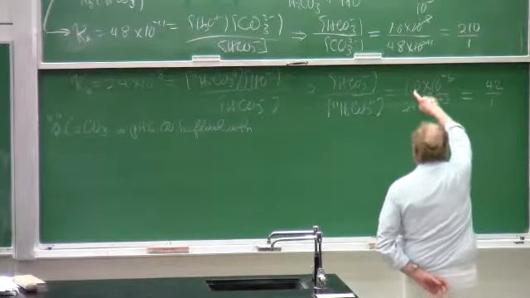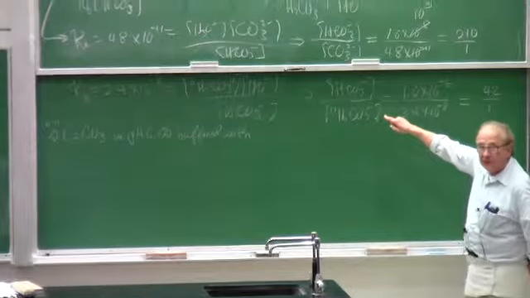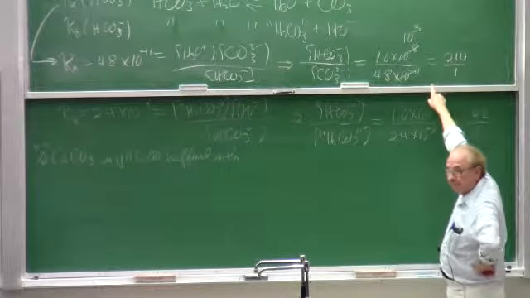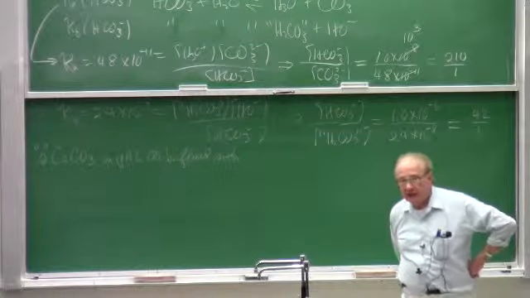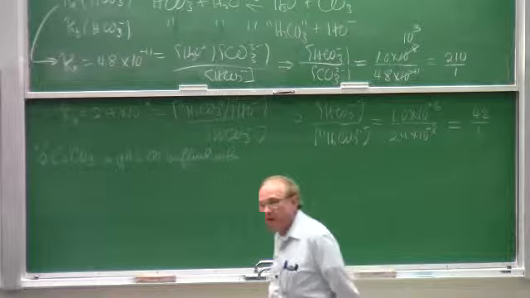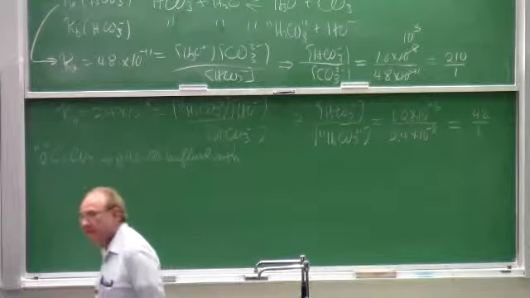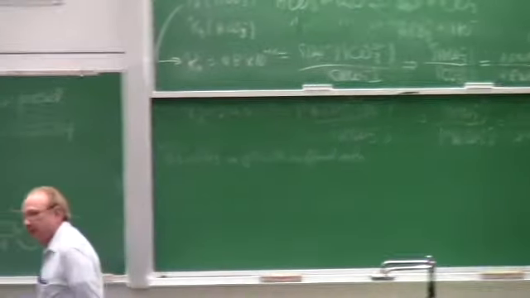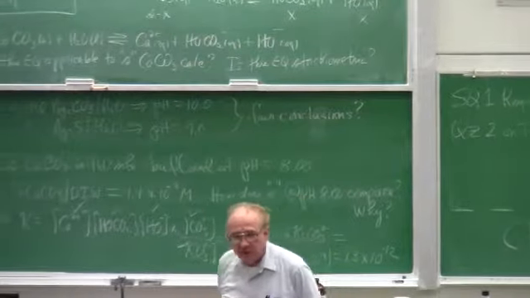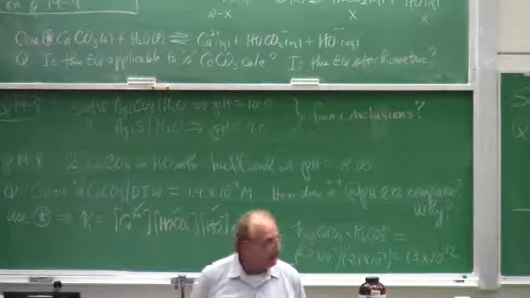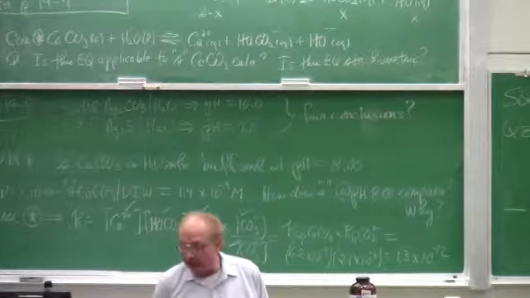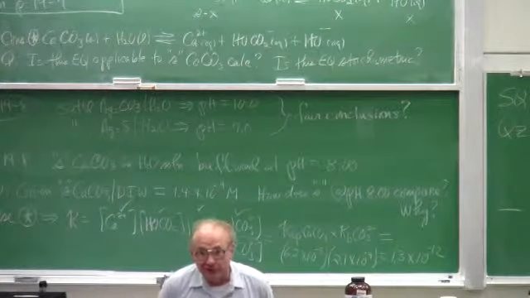What happens to the bicarb carbonate ion ratio when I change the pH from 8 to 6? What's this ratio going to be? At pH 6. There's the ratio at pH 8, 210 to 1. What's this ratio at pH 6? I'm listening. Let these numbers talk to you. 21,000 to 1. So if you thought you could forget carbonate at pH 8, you sure as hell can forget